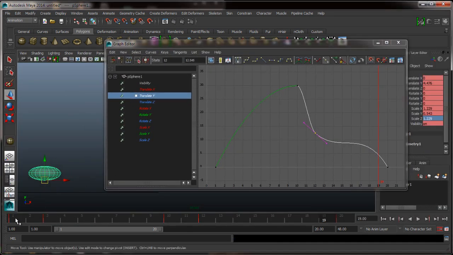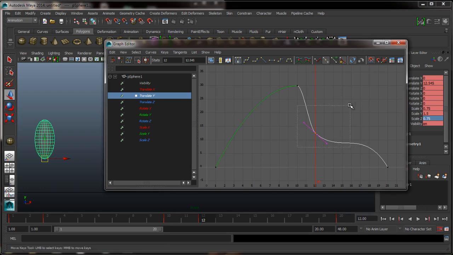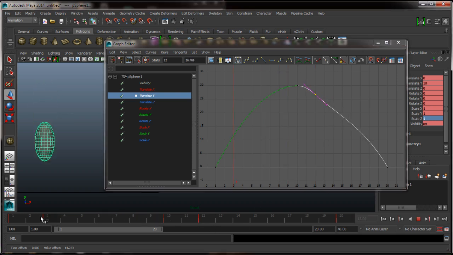So let's look at how it translates onto our actual 3D object. It goes up, regains its shape, and then see how it's dropping really quick. And we want it to stay at the top here, don't we? So let's take this guy and let's translate him up, and see that's moving him in translate Y. And if we take that up so the curve is pretty much where we want it, now let's watch it